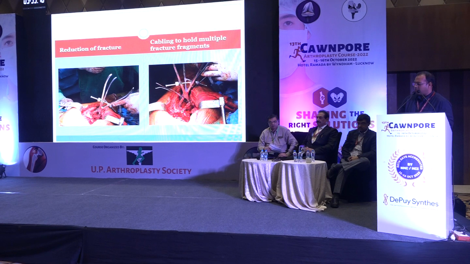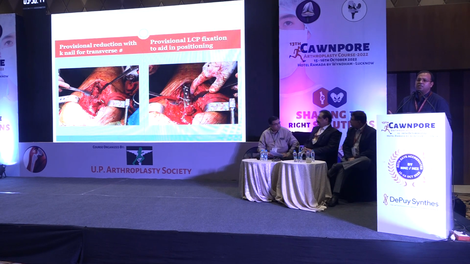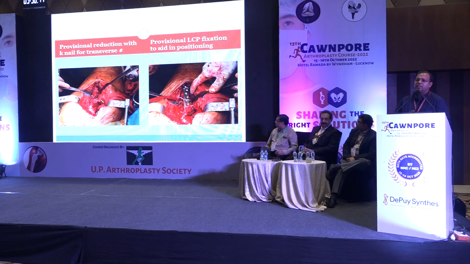Then, from multiple fragments, we formed a proximal sleeve. After forming the proximal sleeve, I used a K-nail to align the proximal sleeve with the distal sleeve. And the problem was when I tried to reduce or dislocate it, there was rotation instability. The distal femur would move out and the proximal would stay back. So I provisionally fixed a long LCP with the SS wires so that I have a single fragment together and I could ream it properly.